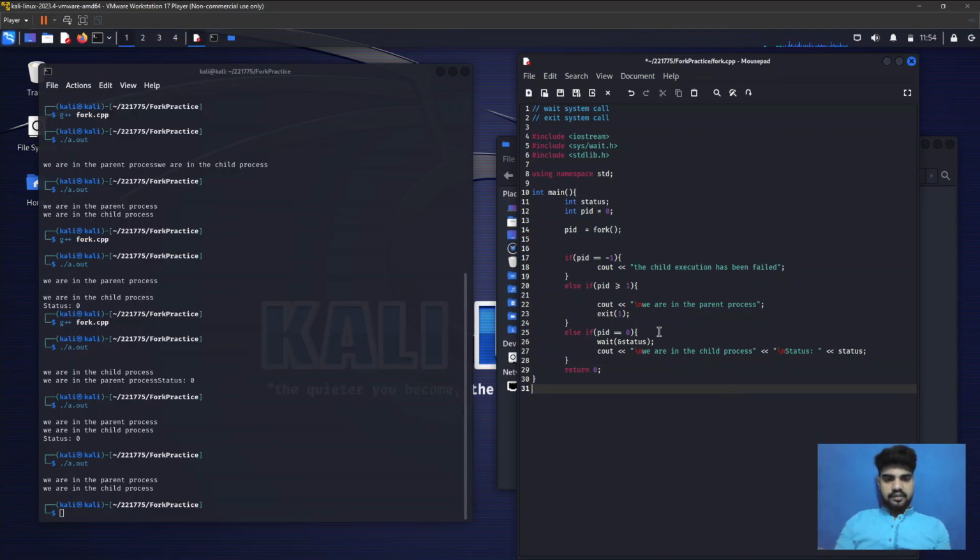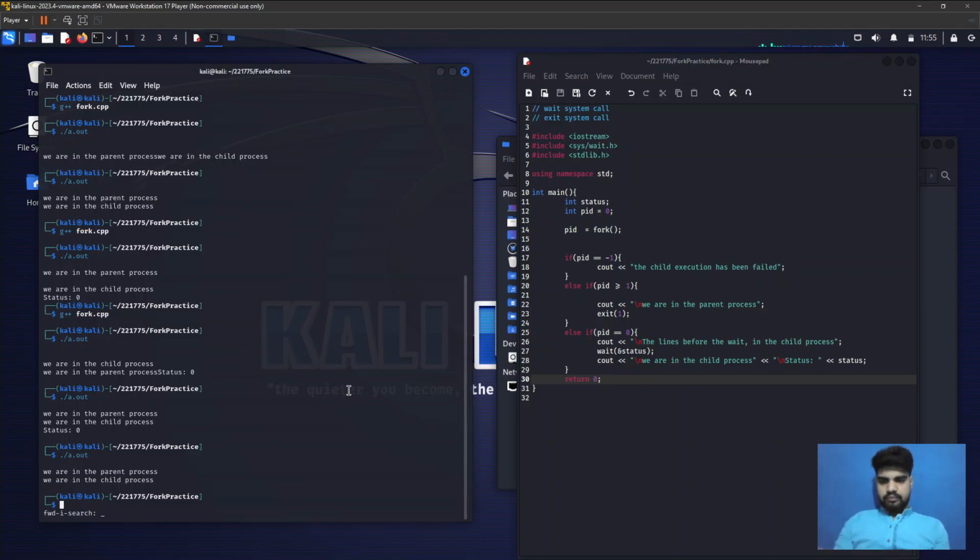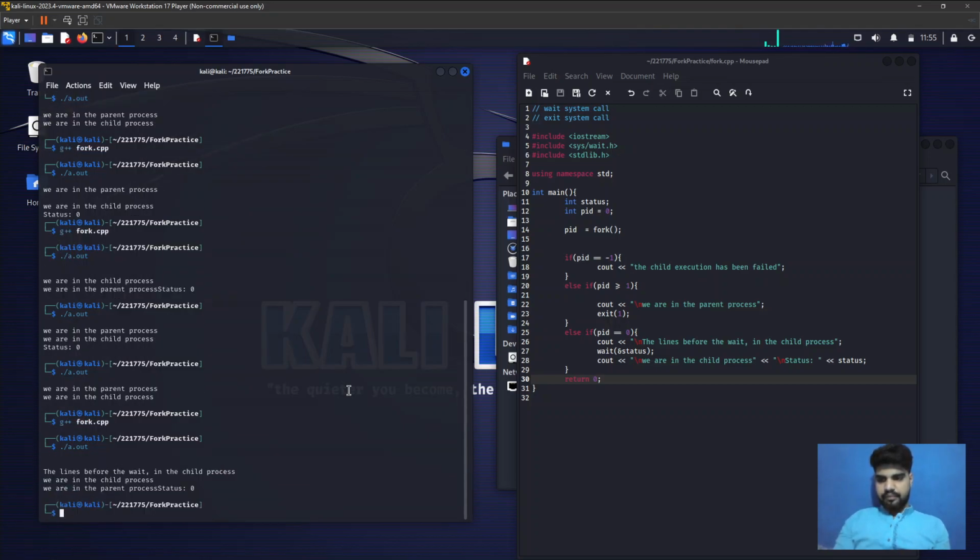Another thing to mention is that we can write some things in here, and I want to demonstrate the lines before the wait in the child. Just take a minute and guess what will happen. If you are done guessing, then you can see if we compile it and run it,